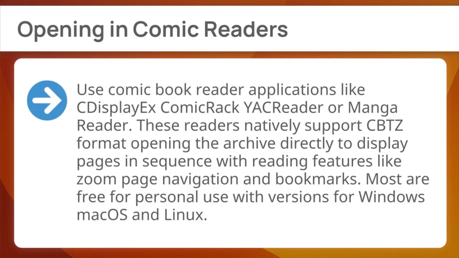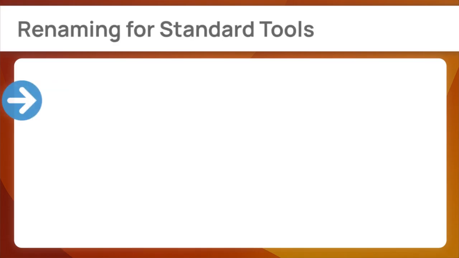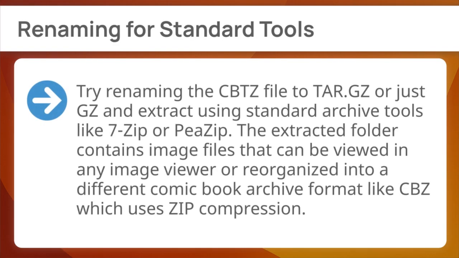These readers natively support CBTZ format, opening the archive directly to display pages in sequence with reading features like zoom, page navigation, and bookmarks. Most are free for personal use with versions for Windows, macOS, and Linux. Next, renaming for standard tools. Try renaming the CBTZ file to TAR.GZ, or just GZ, and extract using standard archive tools like 7-Zip or